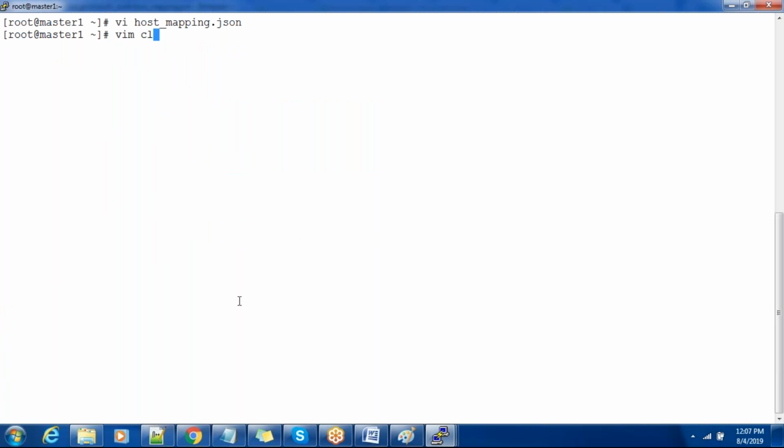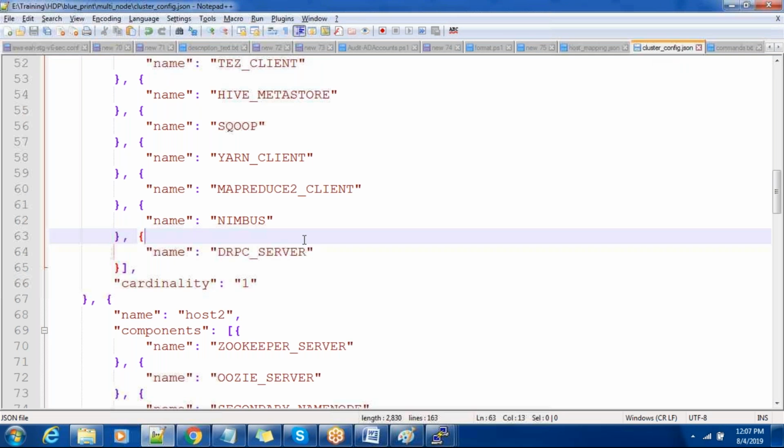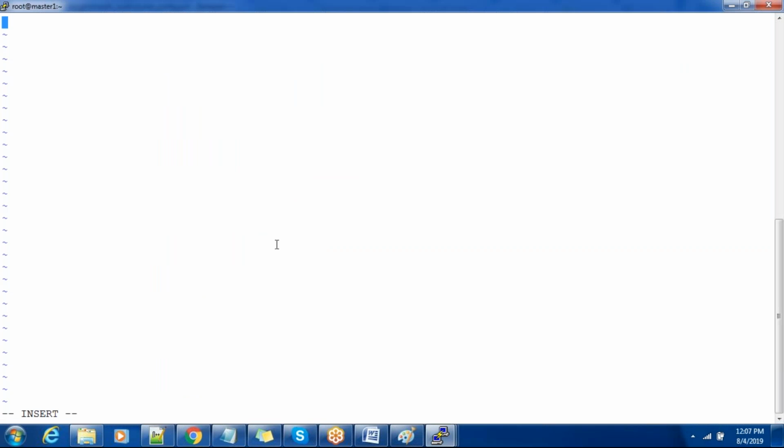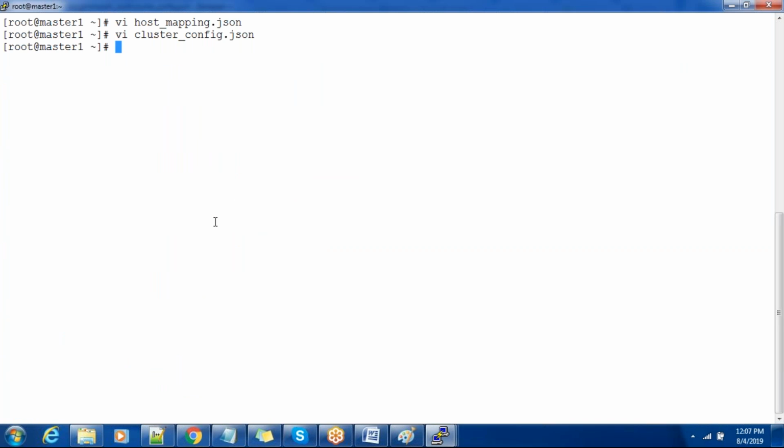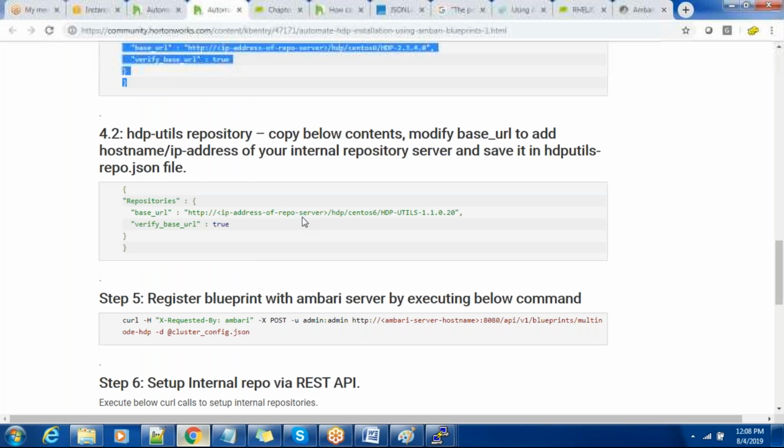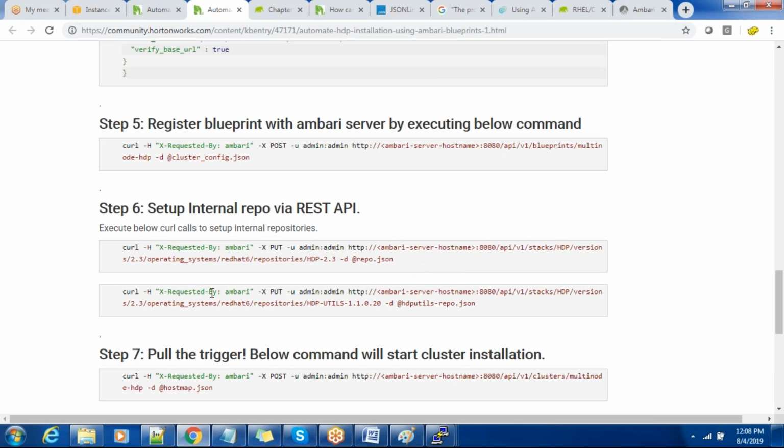And another is cluster config. So get this file cluster config and add it here. Just save it. Now we need to register this cluster config, that is a blueprint. So we use the command first. Yeah, this is the command,